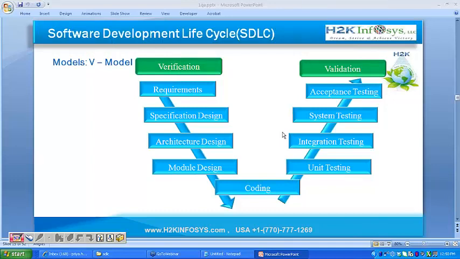Okay. Now you can see that at the module design level, we do the unit testing. At architecture level, we do the integration testing. At specification design level, we do the system testing. At the requirements level, we do the acceptance testing, right? So at the different levels, we are doing the different types of